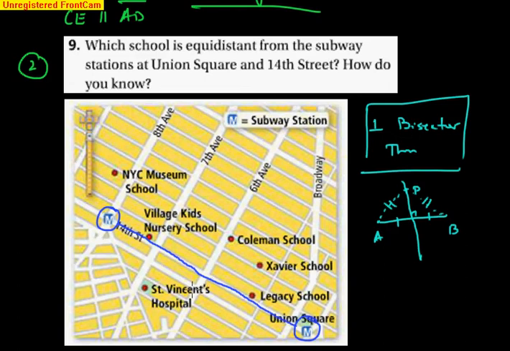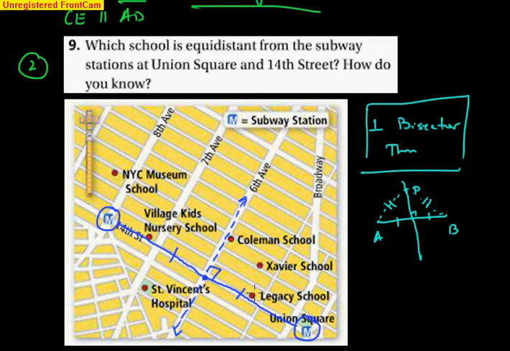That segment connects both the two metro stations. So now I want to construct a perpendicular bisector of that segment. So I'm going to eye up a center, and I'm just going to call this the center right there. And I'm going to draw a perpendicular up and perpendicular down. So what I've done is I've split that into two congruent parts, and that is a right